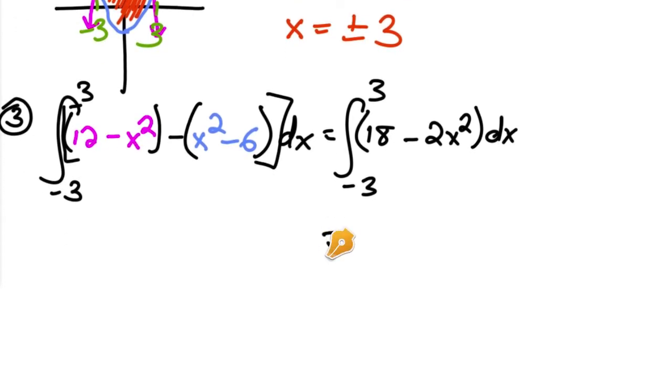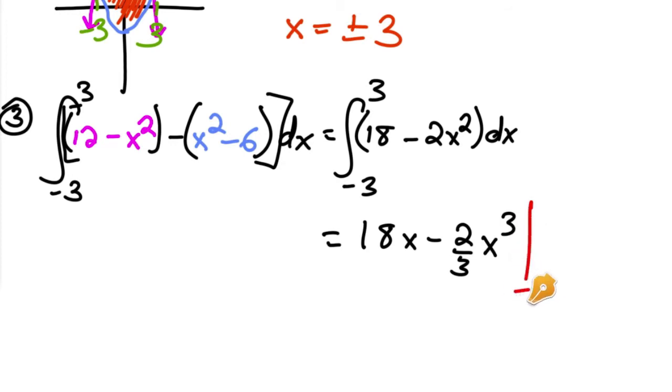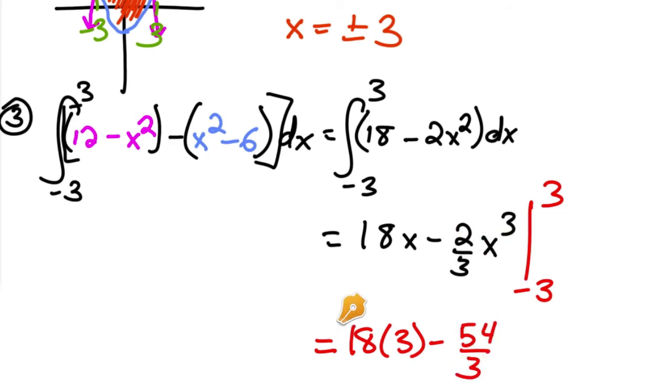And this is equal to 18x minus 2/3 x cubed, evaluated from negative 3 to 3. And when I plug all that in, I get 18 times 3 minus, let me just plug that in. So 3 cubed is 27, times 2 is 54 thirds. So that's the first part. And then minus